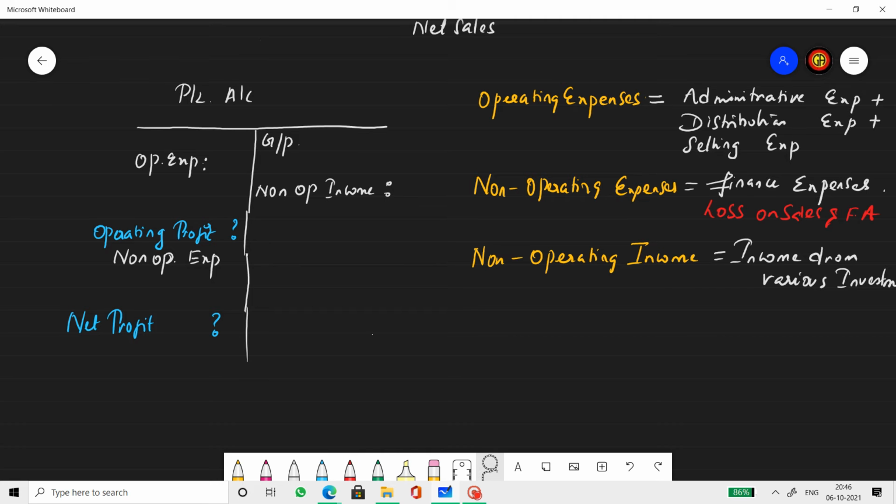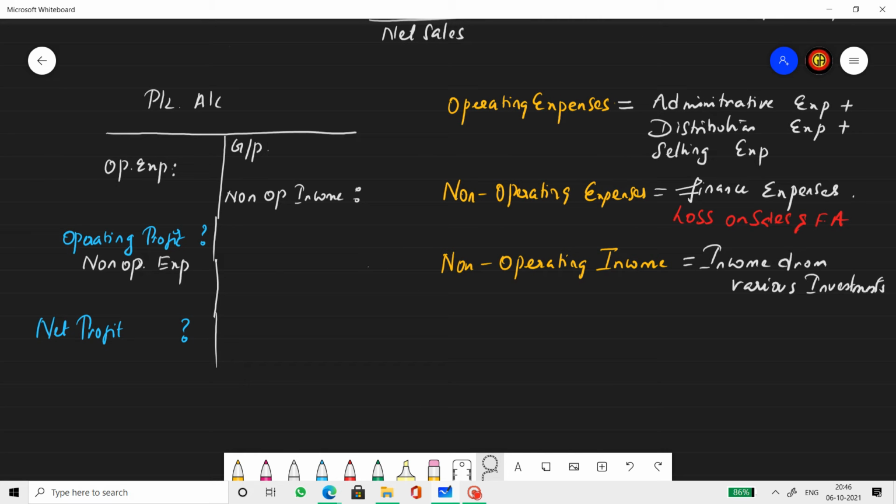Now, non-operating incomes are incomes from various investments. The business could be involved in manufacturing a product, or maybe in logistics or some kind of services they do, but they can invest their money in various other businesses, or they can buy properties. So through that they get interest, through that they get income, or they get rent. All these are non-operating income because they are not connected to the main operation of the business. So once you identify these three items, let's start the profit and loss account.